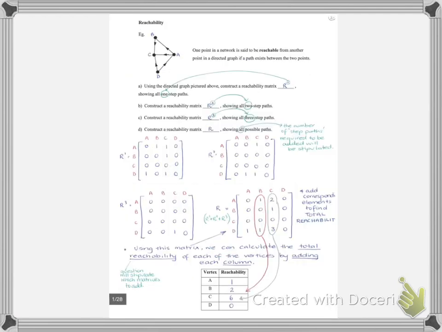We'll now look at the concept of reachability. One point in a network is said to be reachable from another point in a directed graph if a path exists between the two points. Now, if you examine the diagram that we have here,